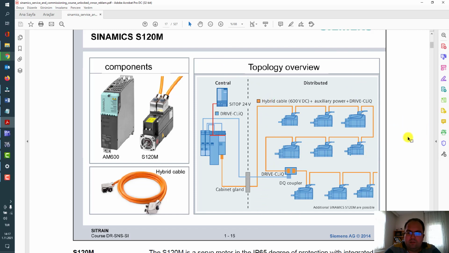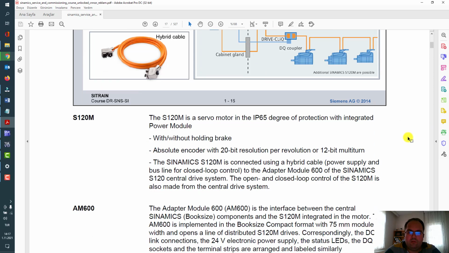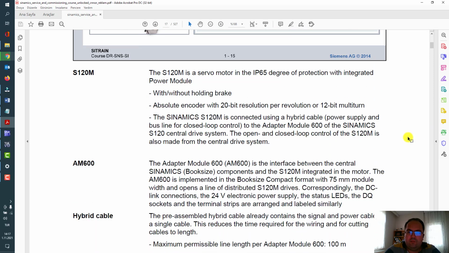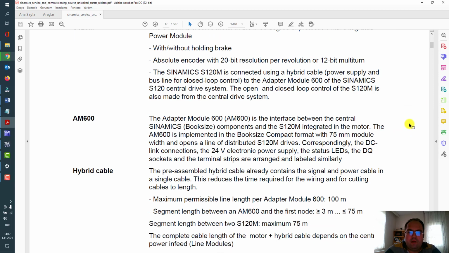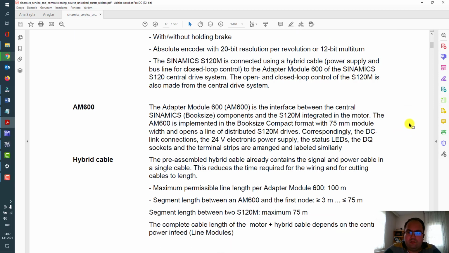So there are some advantages and limitations of this system. IP65 degree of protection, integrated power module with or without holding brake. Adapter module 600 is the interface between the book size components and the motor.